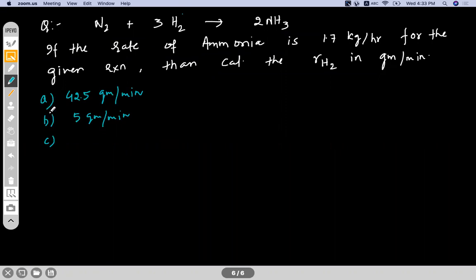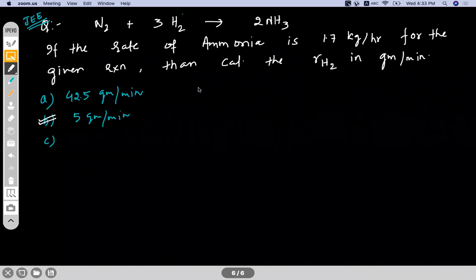Okay, so these two options were there in the question. The same question was asked in JEE, and the correct answer in this is 5 gram per minute. 42.5 most of you have got, and in the exam also most of the students have got 42.5, but that is also again wrong. Why? I'll tell you. What you have done,